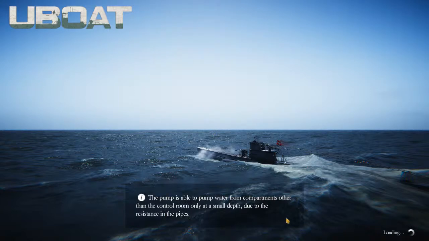You do get little tips in loading screens down here. The pump will pump the water out of compartments, and you can use a chain of people to bucket the water out as well to the village, or closer to the village, or close to the centre of the boat where the village is located. Your command room, if you like. Terminology just doesn't mean anything to me because I never studied U-boats, clearly. But